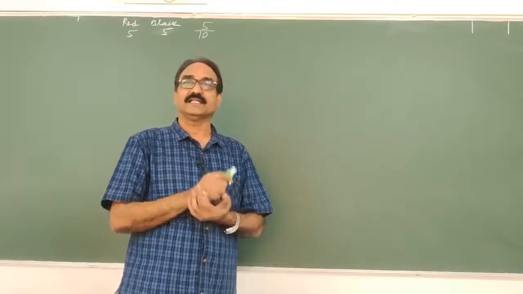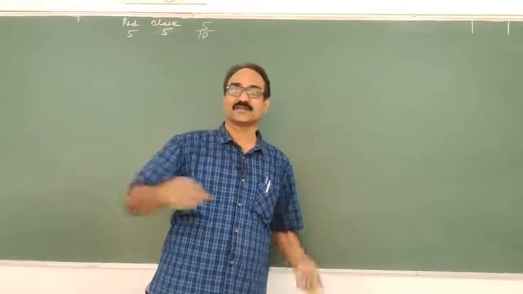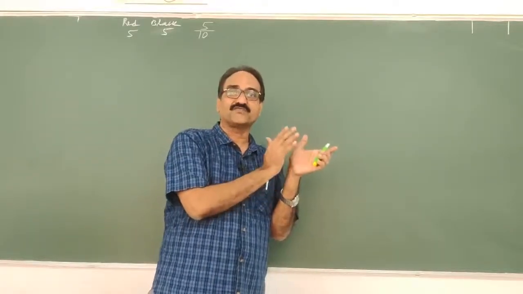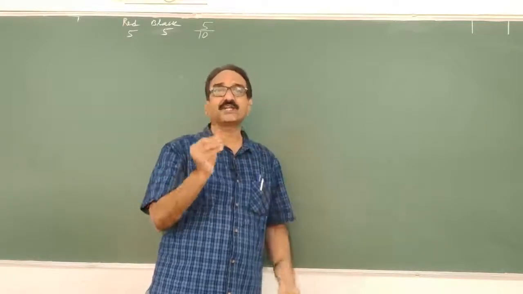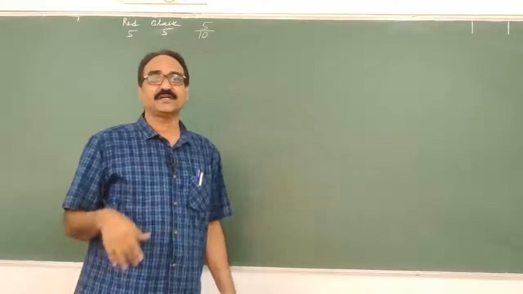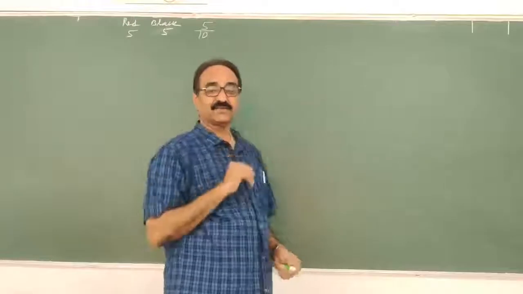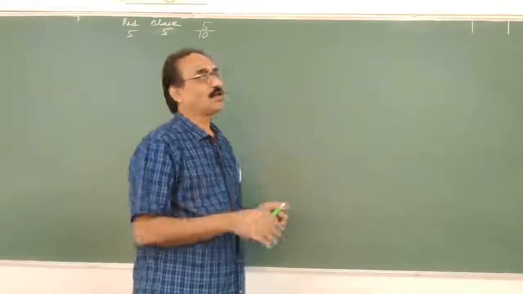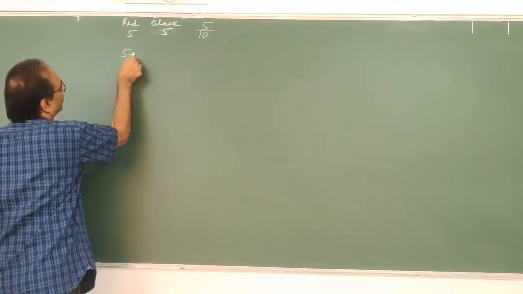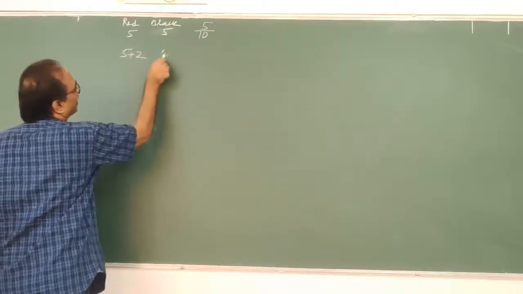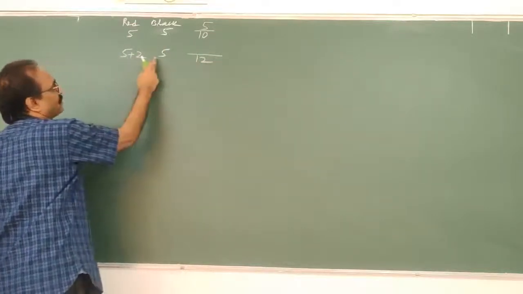Now what happened? Okay, a red ball has come, no? The ball which he drew first, its color is noted, and 2 balls of the same color are added to the urn. First time what did you get? Red ball. So another 2 red balls are added after the first ball is drawn. When you go for the next draw, how many red balls will be there? 5 plus 2, black balls 5 only. Total number of balls? 12. 5 plus 2, 7, 7 plus 5, 12.